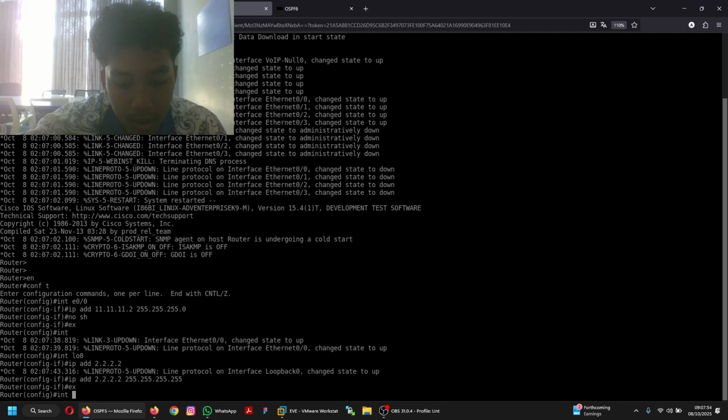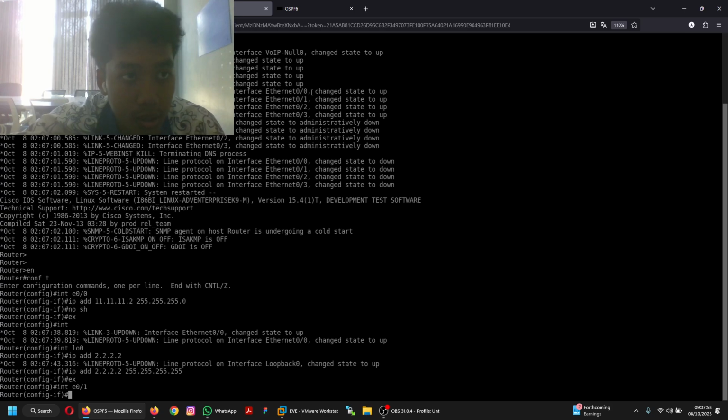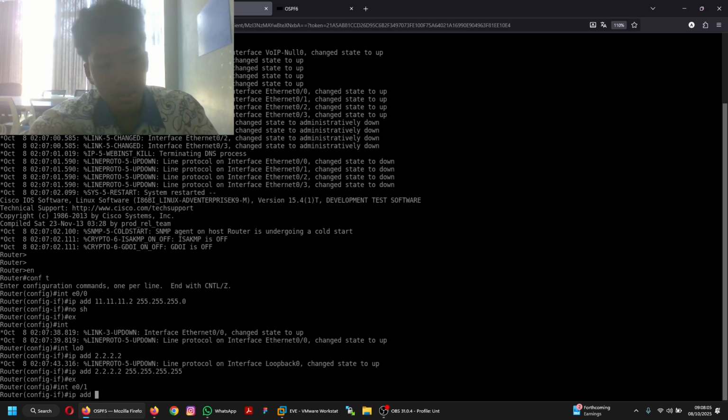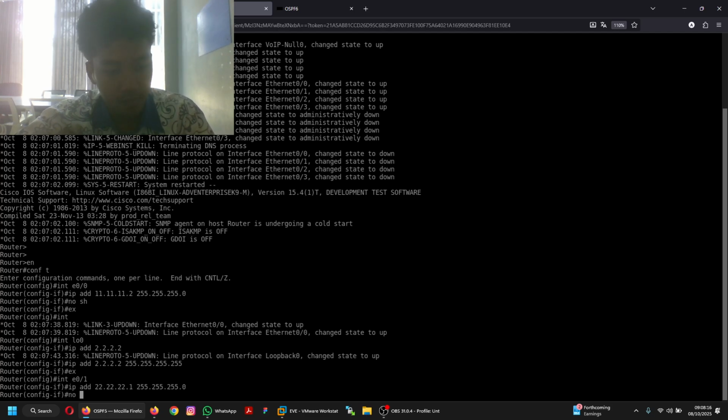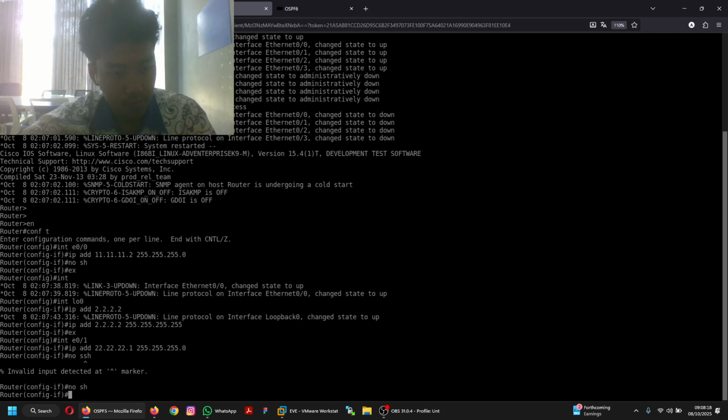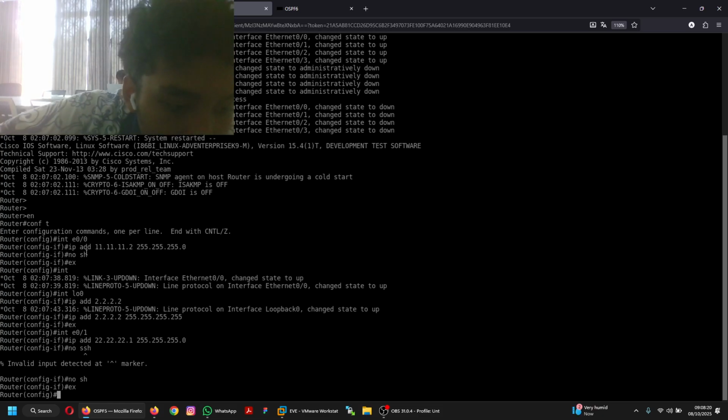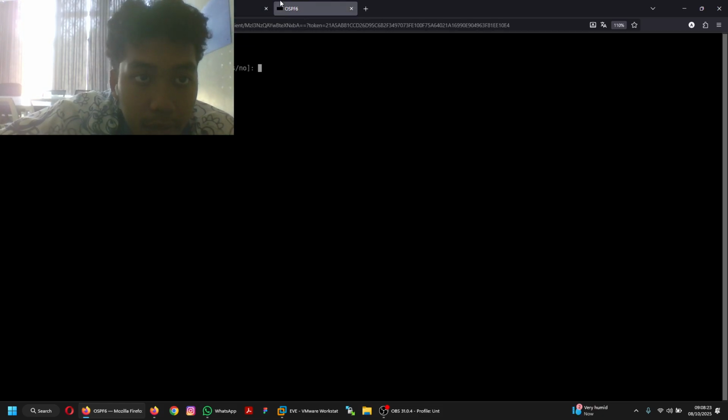Then 0/1 to configure the IP that is directly connected to the router. Okay, we add. Okay, that's already done for router 4.